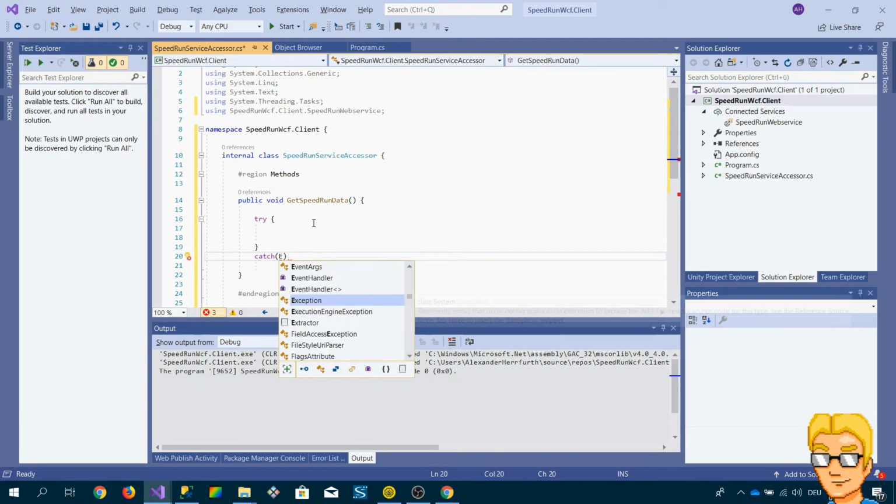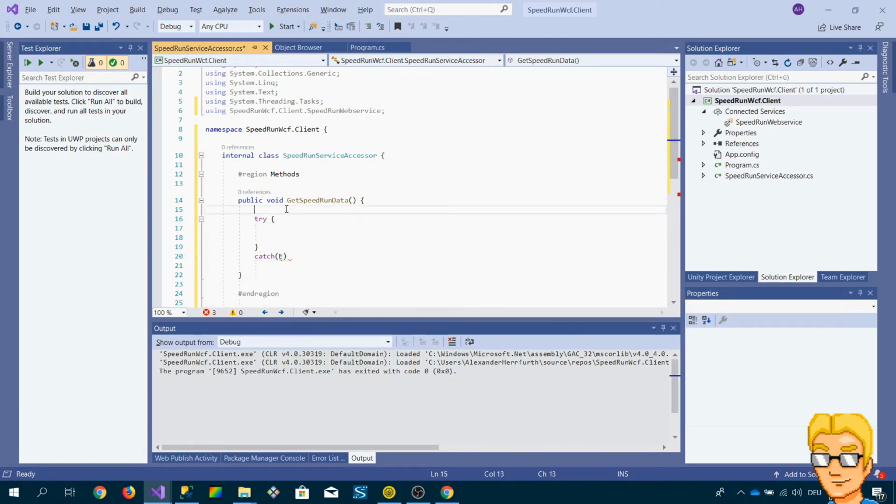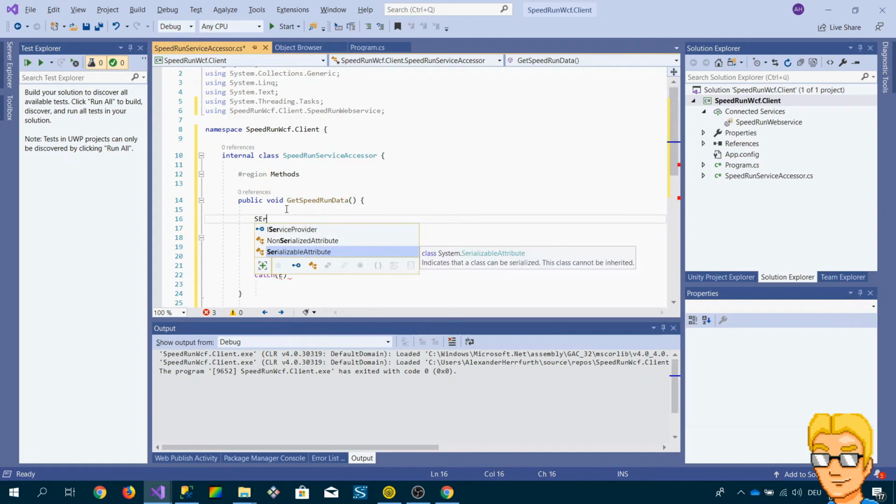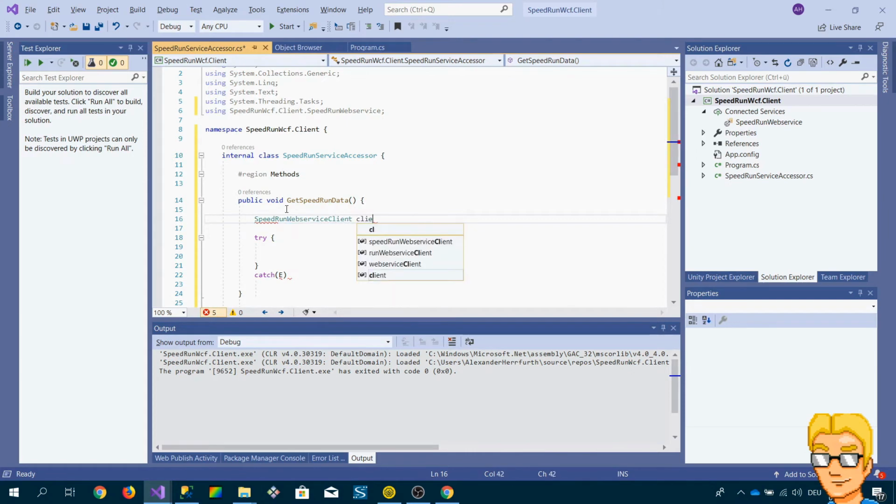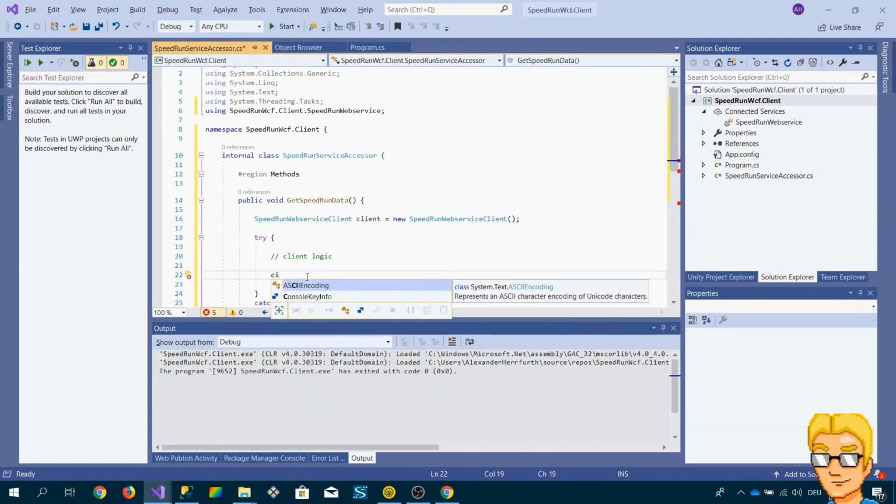And what Microsoft would suggest is that, first of all, we handle all the client logic here, and then after that in the try block,